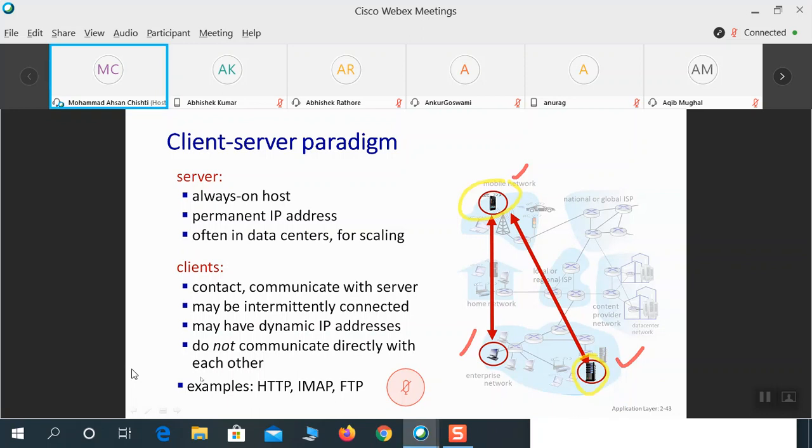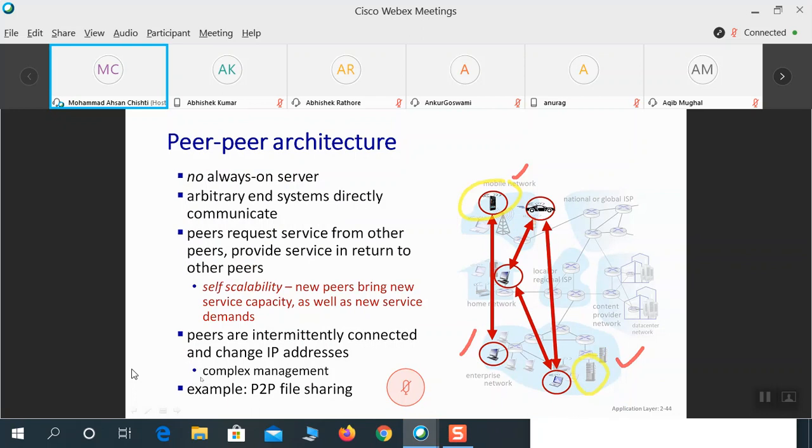The second architecture that we have for applications, we are discussing this time application architectures. The first one being client server, the second being P2P, peer-to-peer. Now, you might ask a question here that we discussed P2P in physical layer. We discussed it while we're discussing the topologies as well. Now, how is it different here?